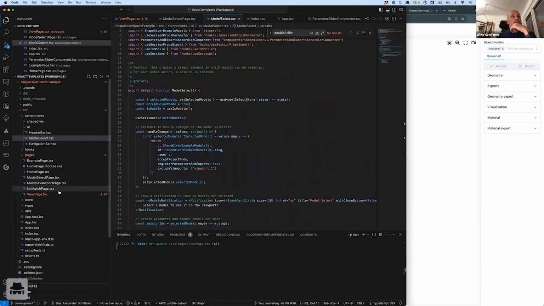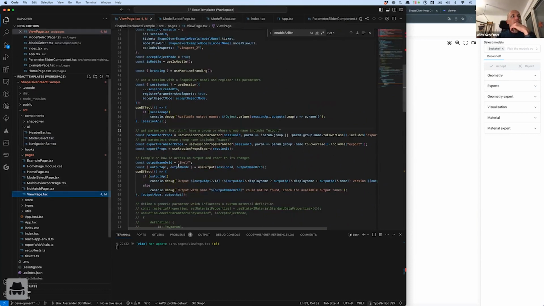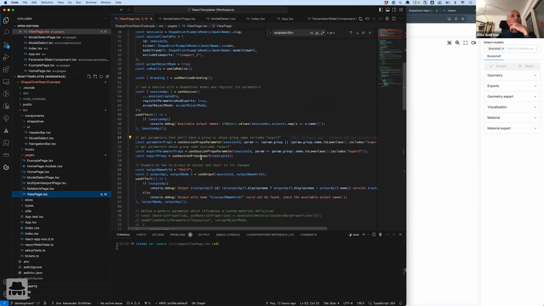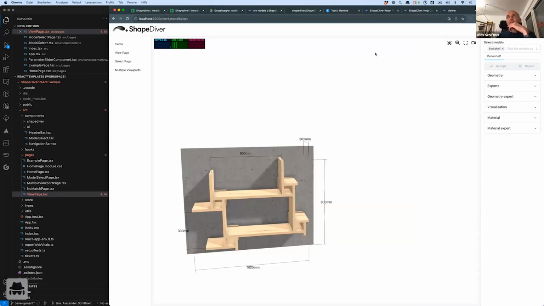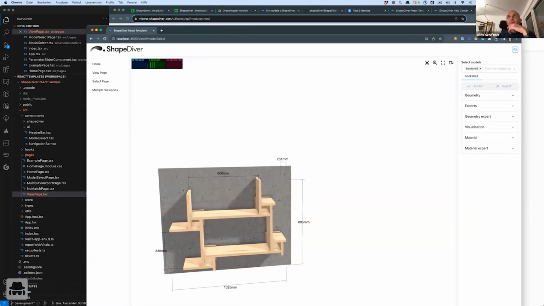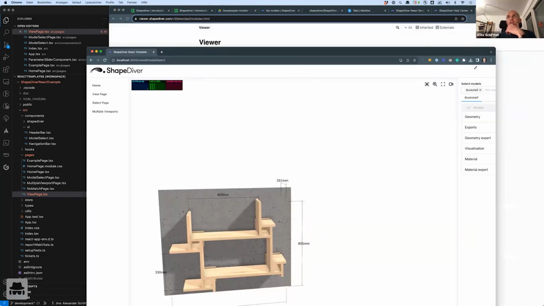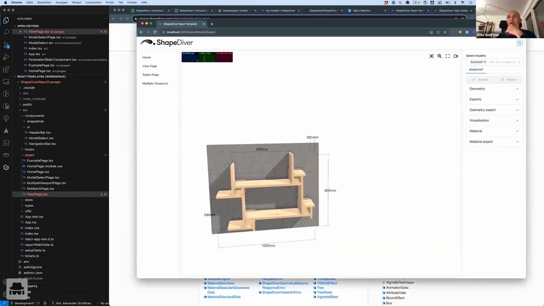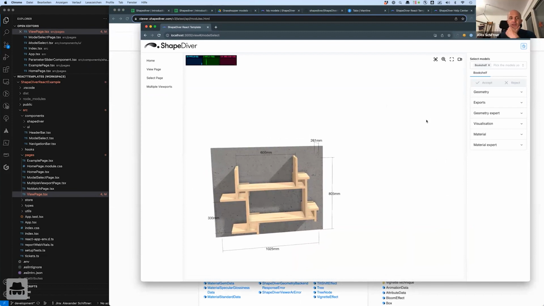One more thing I would like to show you before going on with the view page is we have put a lot of focus on making sure that this page works really well on mobile and other devices as well. So it has a really